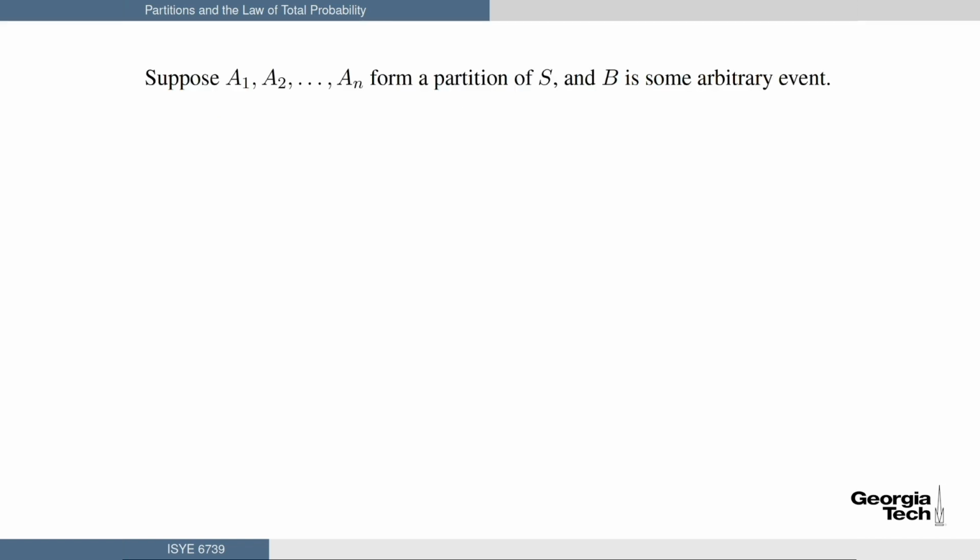Let's suppose that A1 through An form a partition of S and B is some arbitrary event. I'm going to decompose B into pieces involving the partition. In particular, B equals the union from i equals 1 to n of all the intersections of the form Ai intersect B. And this is a little tough to look at for the first time, so a picture is worth